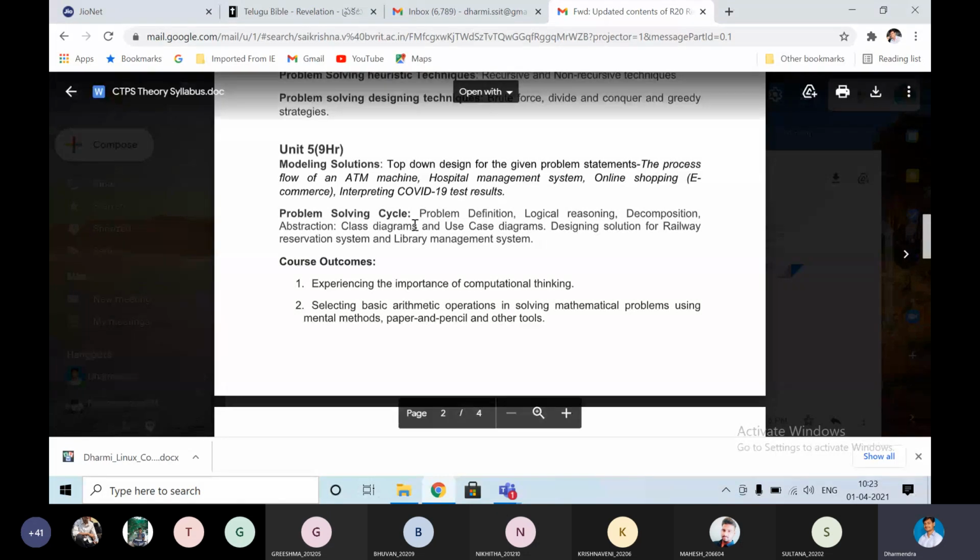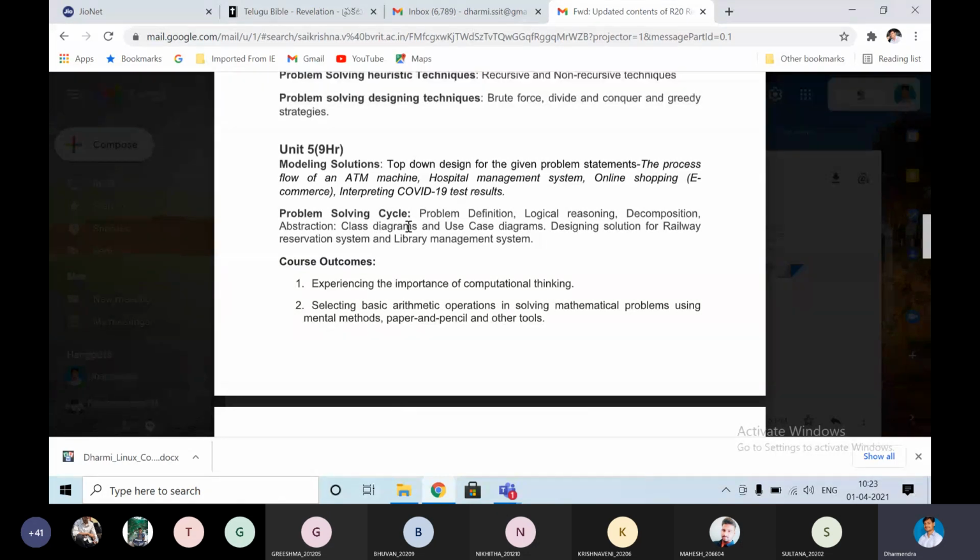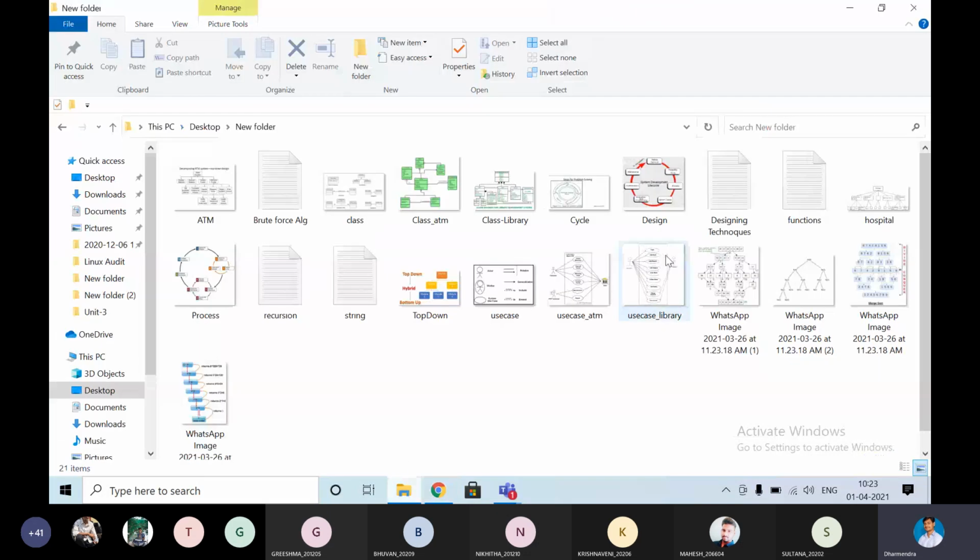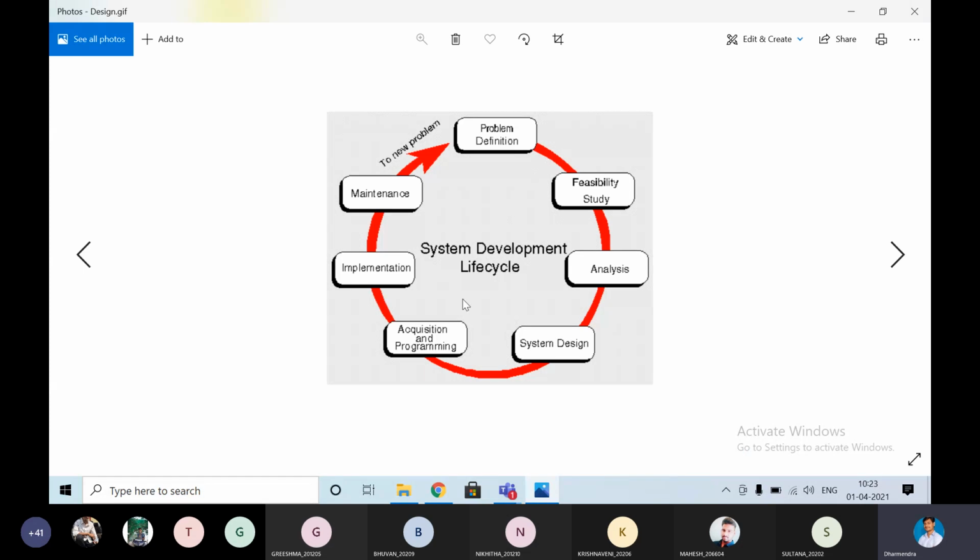And we have seen another category, the problem solving cycle. Here I have given the cycle. I told you about the problem solving cycle also. Different people will do different modules here.